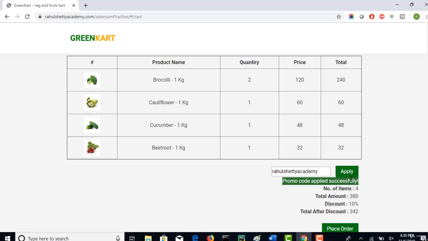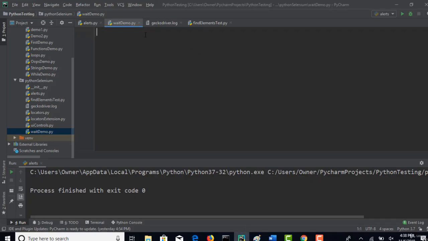That's why we have different types of wait mechanisms we can use to achieve this functionality, and we will wait until that text is displayed. That can be achieved in multiple ways. There are two types of waits available: implicit wait and explicit wait. We can also pause the test. We have seen this scenario: pausing the test for a few seconds